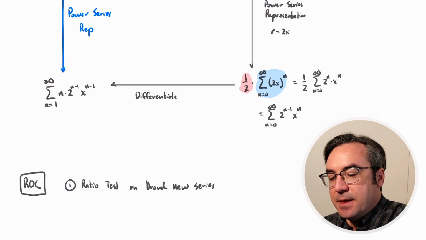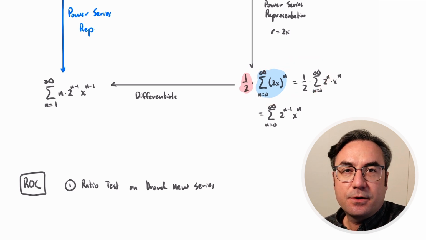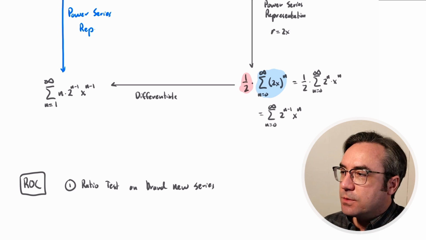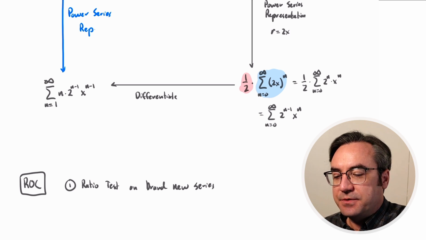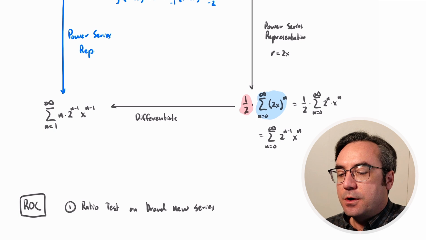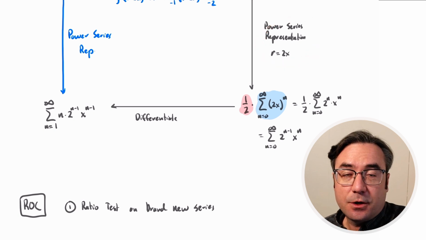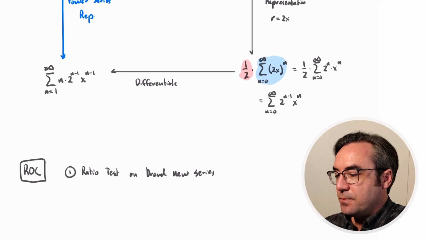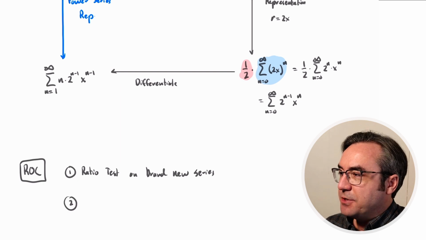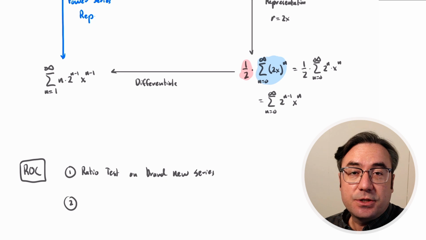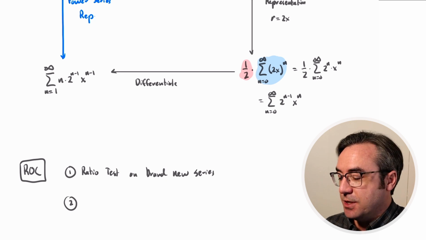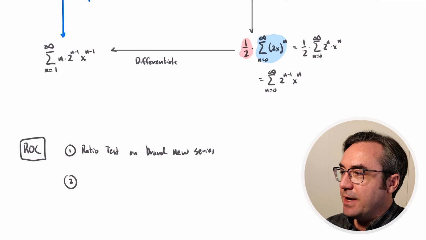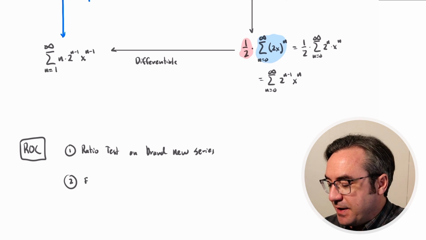But in this case, we know that the power series we started with here was related to a geometric series. So we can actually find the radius of convergence a little bit easier for this original power series that we started with. And the special thing about differentiation is it doesn't actually change the radius of convergence. So another option for how to get our radius of convergence is to find